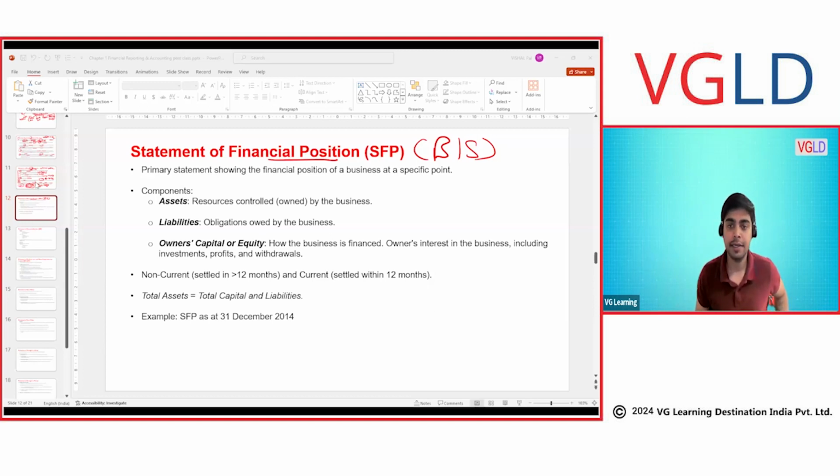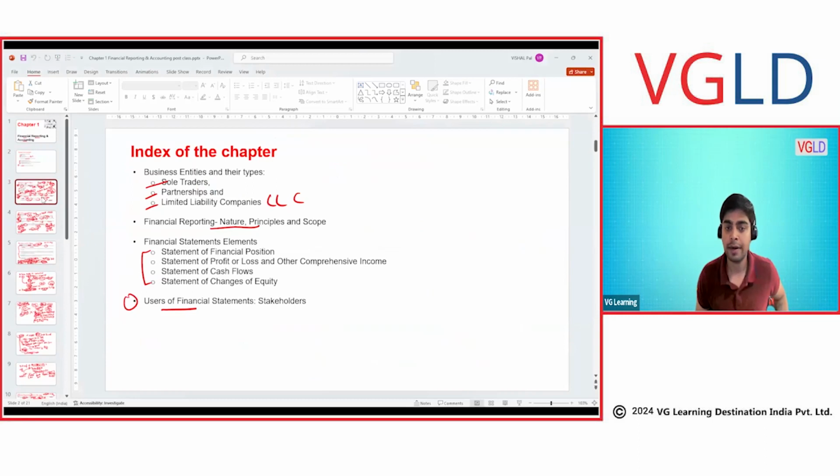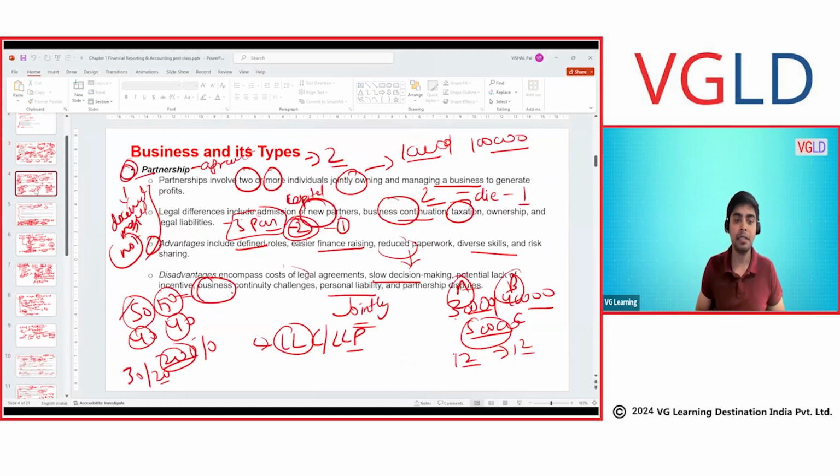So what we were discussing yesterday, we went on discussing the sole trader. First of all, we started with the business. What is the business? Basically, the common type of business is to earn profit, selling high and buying low. Then we discussed the sole trader, who has unlimited risk and the ultimate control. Then we went on to the partnership, when two or more people come together to do the business, they have unlimited risk just like the sole trader. It's just that multiple people are involved and they have defined roles, they bring the capital, so financing is much easier than for the sole trader.